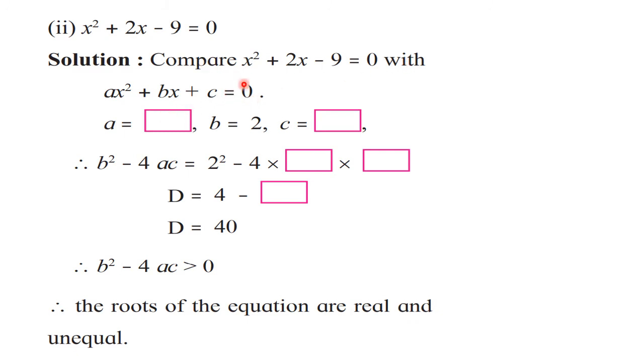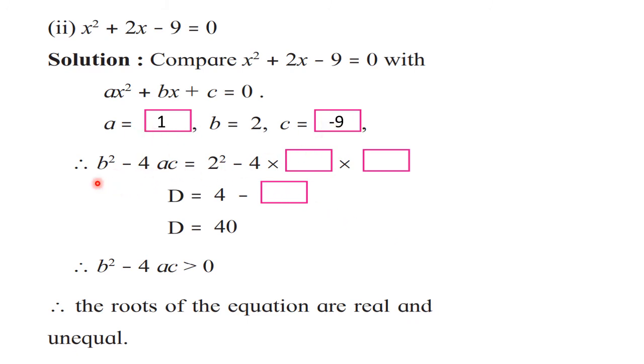So the value of a is 1 here. Nothing can be seen, which means a is 1. So write it down. The value of b is 2 and c is minus 9. Always write it along with the sign. So you can solve it in your textbook with the help of a pencil. Okay, don't use a pen because the textbook becomes dirty when you use a pen. So try to use a pencil so that it can be used by some other student next year. So it is written here.